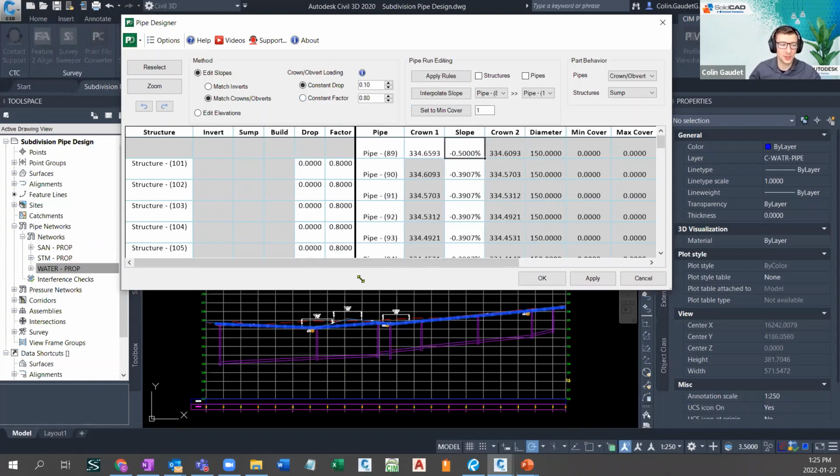Now, slopes are not what I care about with my water main. What I care about is making sure that I've got cover underneath my actual surface. That's where this guy comes in right here. This tool was added to Pipe Designer so that it can model our water mains using gravity feed networks. I can automatically set the minimum cover